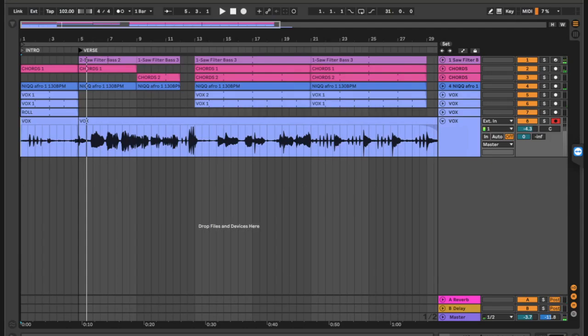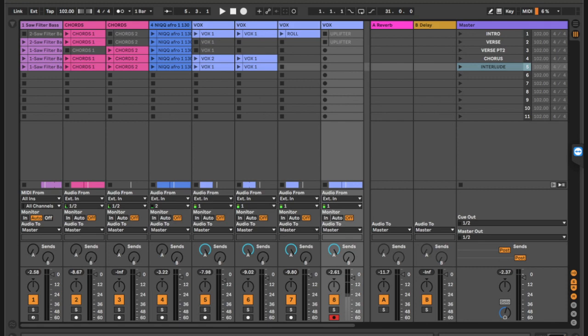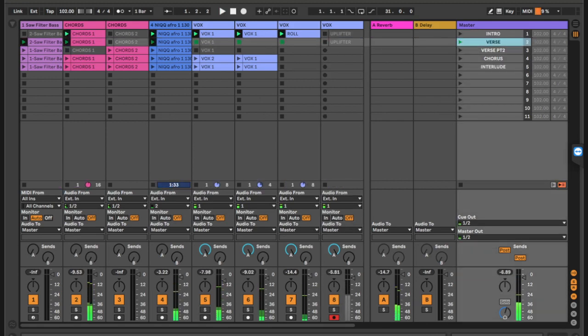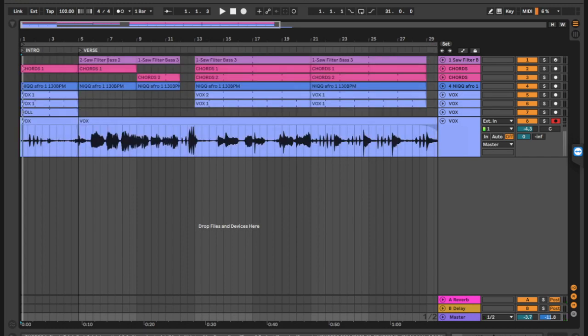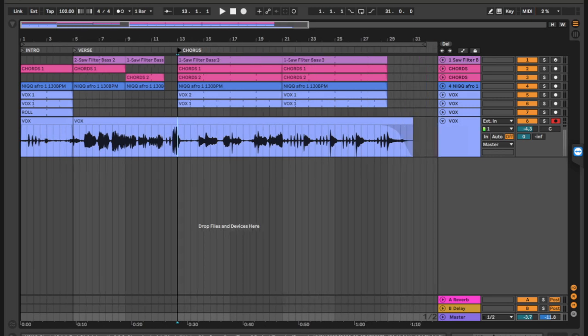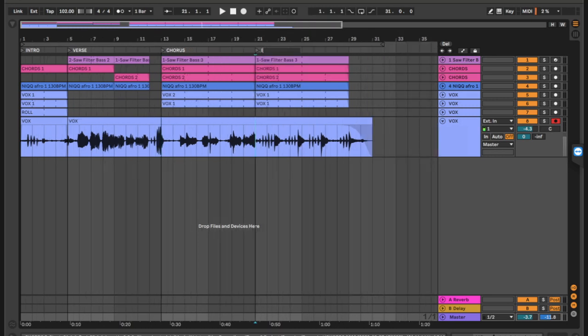Actually ina work the same way na hapa hivi kwa master. Like venye nilikuwa nimeset 1 2 3 4 5. So if you want to have the same over here kwa session view, you just come over here huku juu and then right click and add locator. So hiyo ni verse, and then let me add another locator here for the chorus and add another locator for interlude.